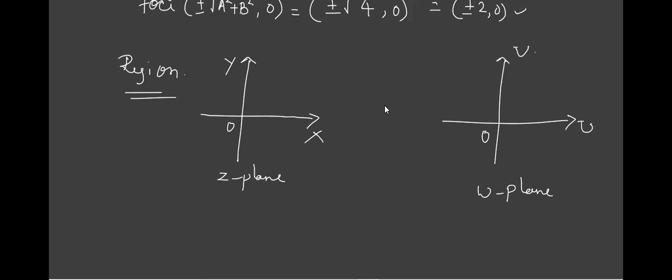Okay, so first thing, we have taken r equal to c1, which means we are taking a circle in the z plane whose equation is x squared plus y squared equals r squared, with center at origin and radius r. If you take a circle here under the transformation z plus 1 by z, what you are getting is an ellipse.